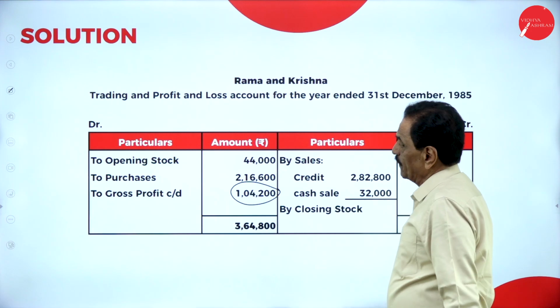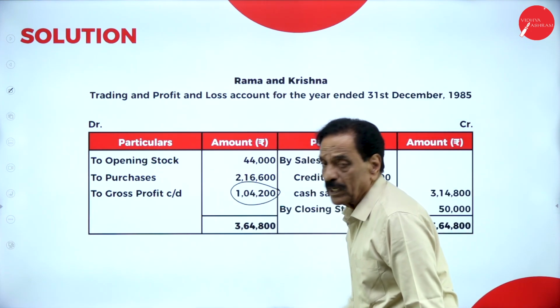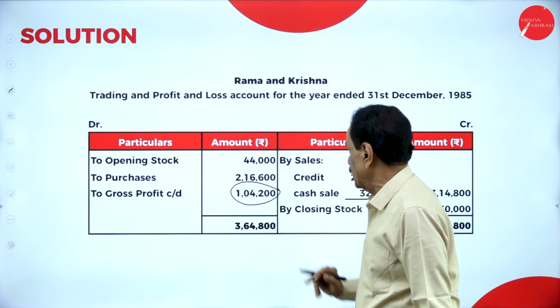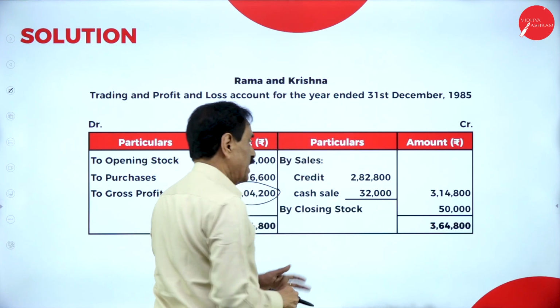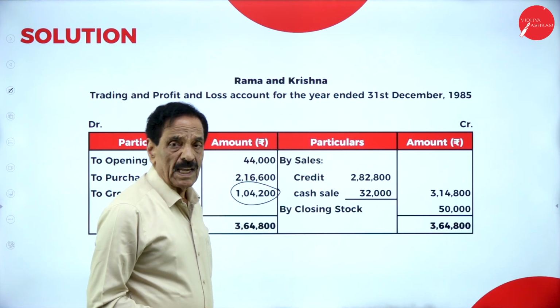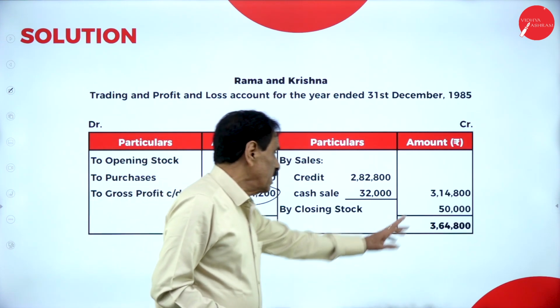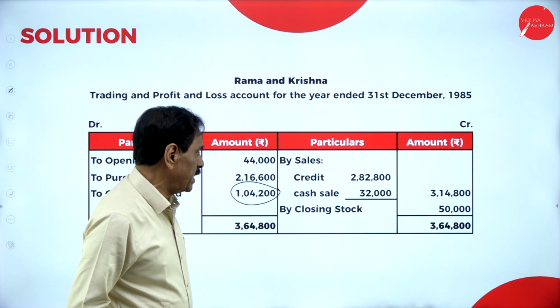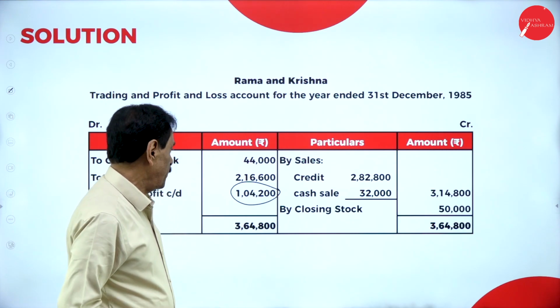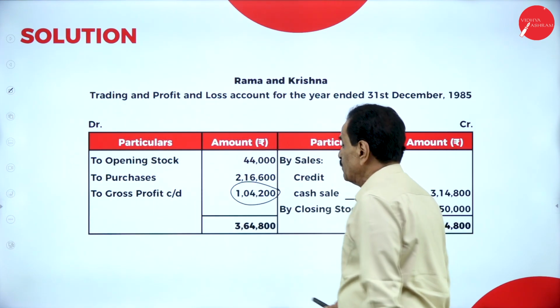Then trading profit and loss account, we start with the opening stock. We made the purchases, sale, credit sale as per the debtor account, 2,82,800. Cash sale as per the cash book is 32,000. It becomes 3,14,800. Your closing stock is 50,000. The difference will work out